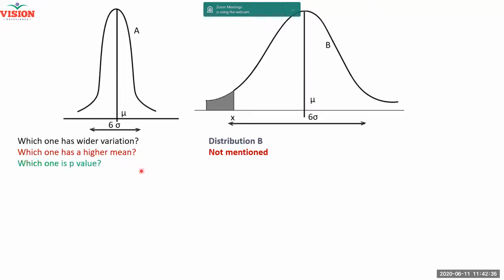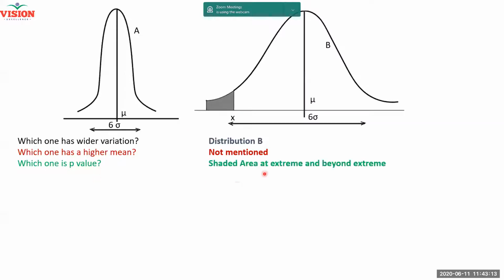Anyway, it is not mentioned, so you cannot answer. Thank you. Now, which one is p-value? Here is where the question comes. Tell me which one is p-value. Can anyone answer? Is it the white area or is it the gray shaded area? Gray area is the answer we are getting. Very good. This is the correct answer, but I will also tell you the alpha value later on, right? Doesn't matter. You will be clear by the end of the session, right?